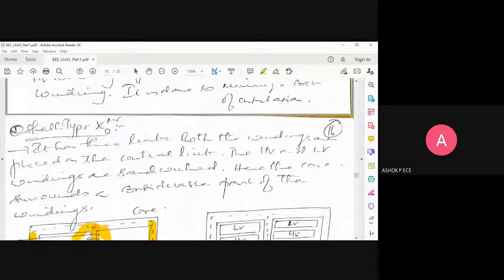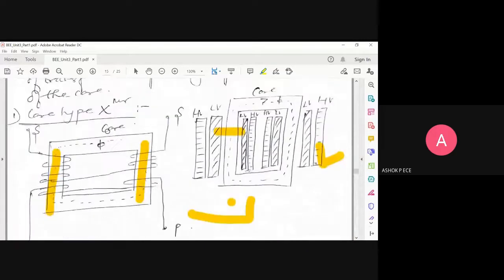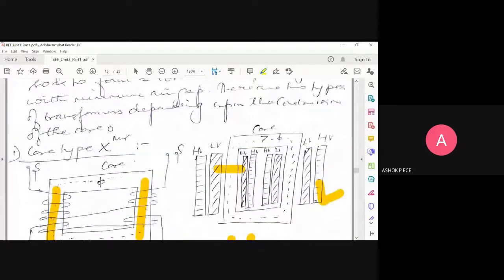So these are the two types of core a transformer can have. Core is the main thing of the transformer because it links your flux from primary to secondary. We will not be studying the windings, the oil, and other things, because those are very minor portions. Our main aim is going to be designing the perfect core.